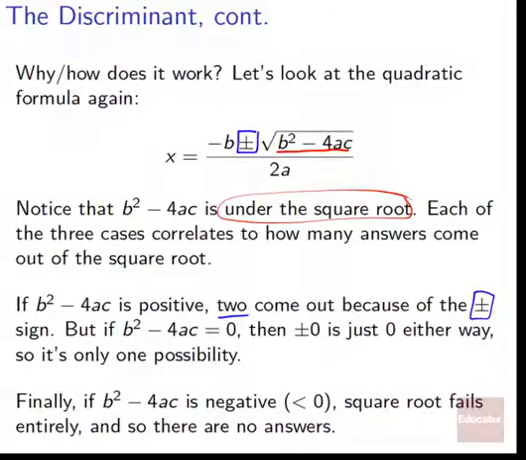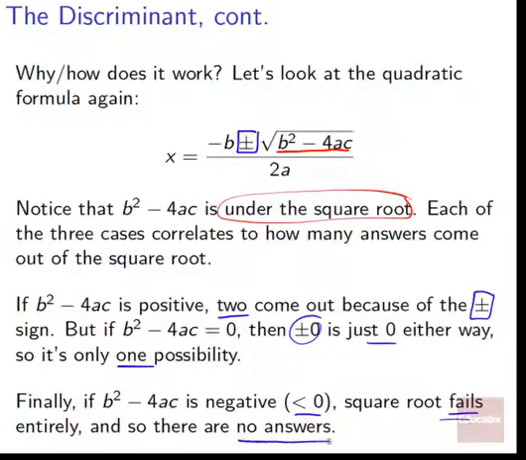But if we've got b squared minus 4ac equals 0, then plus or minus 0 is just 0. So either way, it's just the same world. Square root of 0, so plus or minus 0. Doesn't really matter if we go with plus or the minus. We get the same thing. So we've just got 1 root. Only 1 possibility. Finally, if b squared minus 4ac is negative, that is less than 0, square root fails entirely,